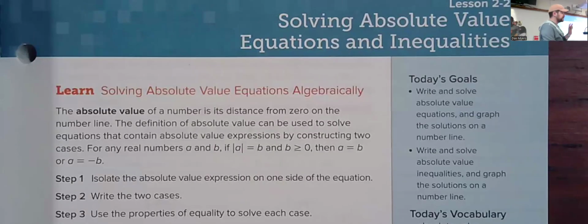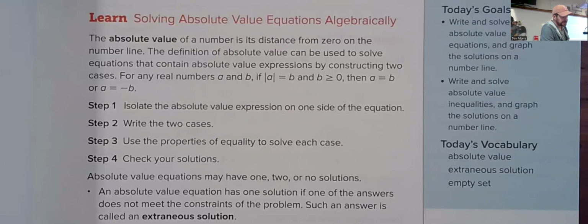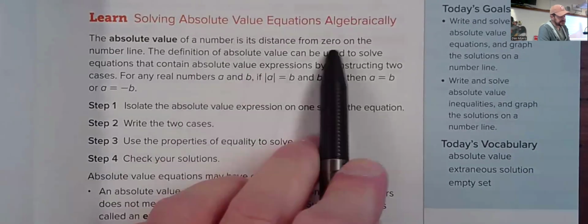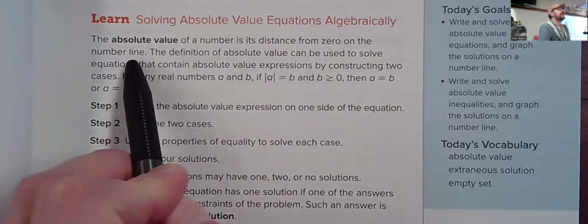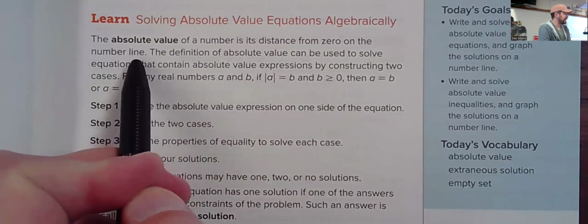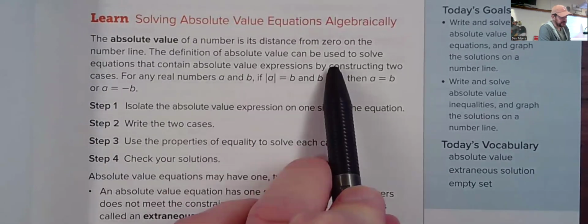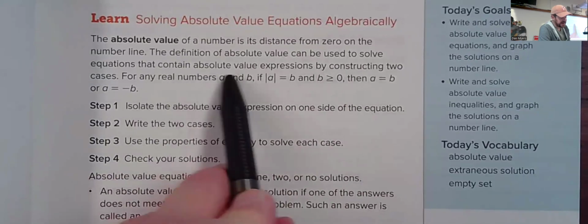All right. So, quick reminder about absolute value. The absolute value of a number is the distance from zero on the number line. So, absolute value cannot be negative. It must be positive or zero. So, the definition of absolute value can be used to solve equations that contain absolute value